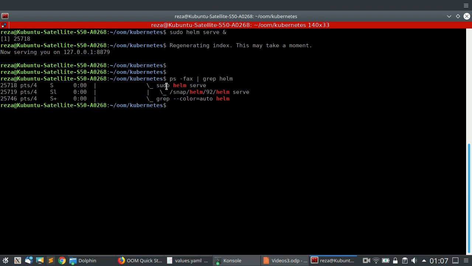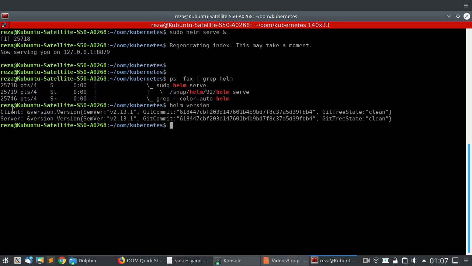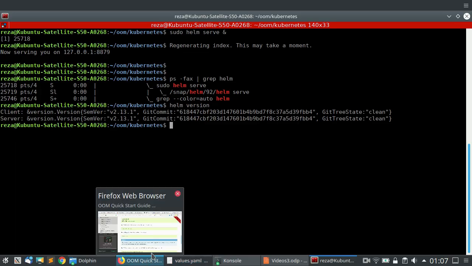Okay, so we got our Helm server running. Now just remember, we have the Helm server and Helm client running on the same machine. If you remember, when I do the Helm version, we have both Helm server and client running on the same machine. So we have the Helm server running on version 2.13, and now we need to